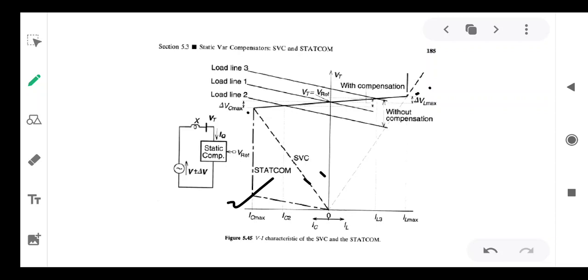So if you want to operate the SVG as a perfect voltage regulator, that is also possible. You can operate the SVG as a perfect voltage regulator. But of course, the perfect voltage regulator will lead to bad system oscillations. If the oscillations are within the allowable range, sometimes we can operate the SVG as perfect voltage regulator instead of operating it in voltage slope mode.